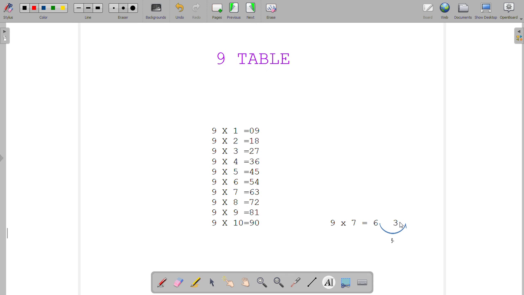Here I have taken 9 by 7, but if we take 9 times 4, the first thing is we have to subtract 1 from this 4, that is 3. And then we have to subtract the 3 that we have obtained in the tens place from 9 for the ones digit of the result, which is nothing but 6. In this way, we can give the result very quickly.